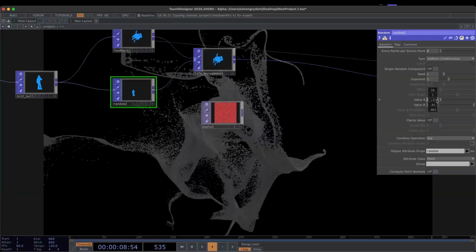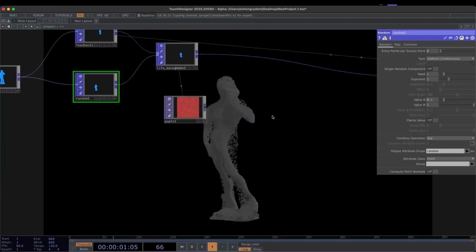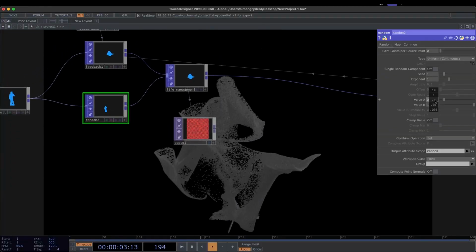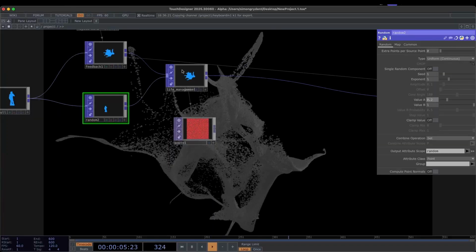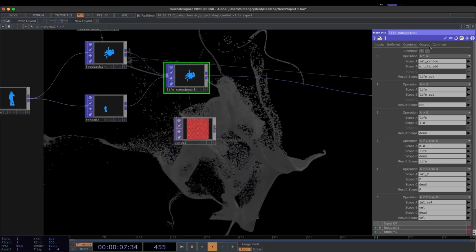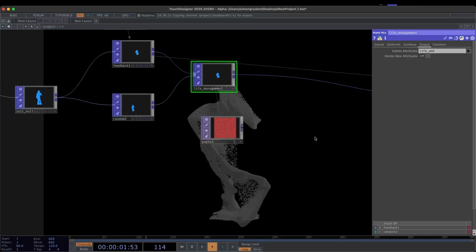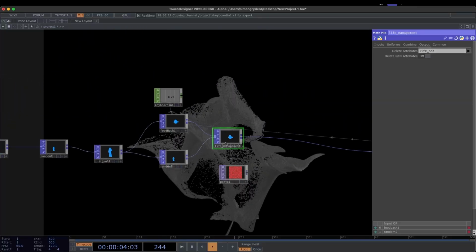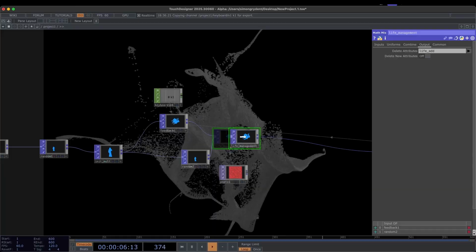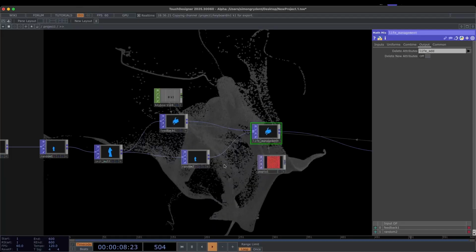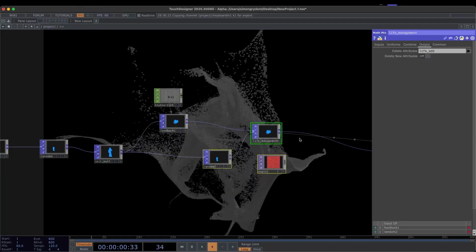Some of them are gonna have an infinite life, so maybe that's not something we want, so we can turn this one up a little bit. In the output, I'm also just gonna delete the life add because we're never gonna use that. Nice. Let's take these three, the random, life management, and let's just